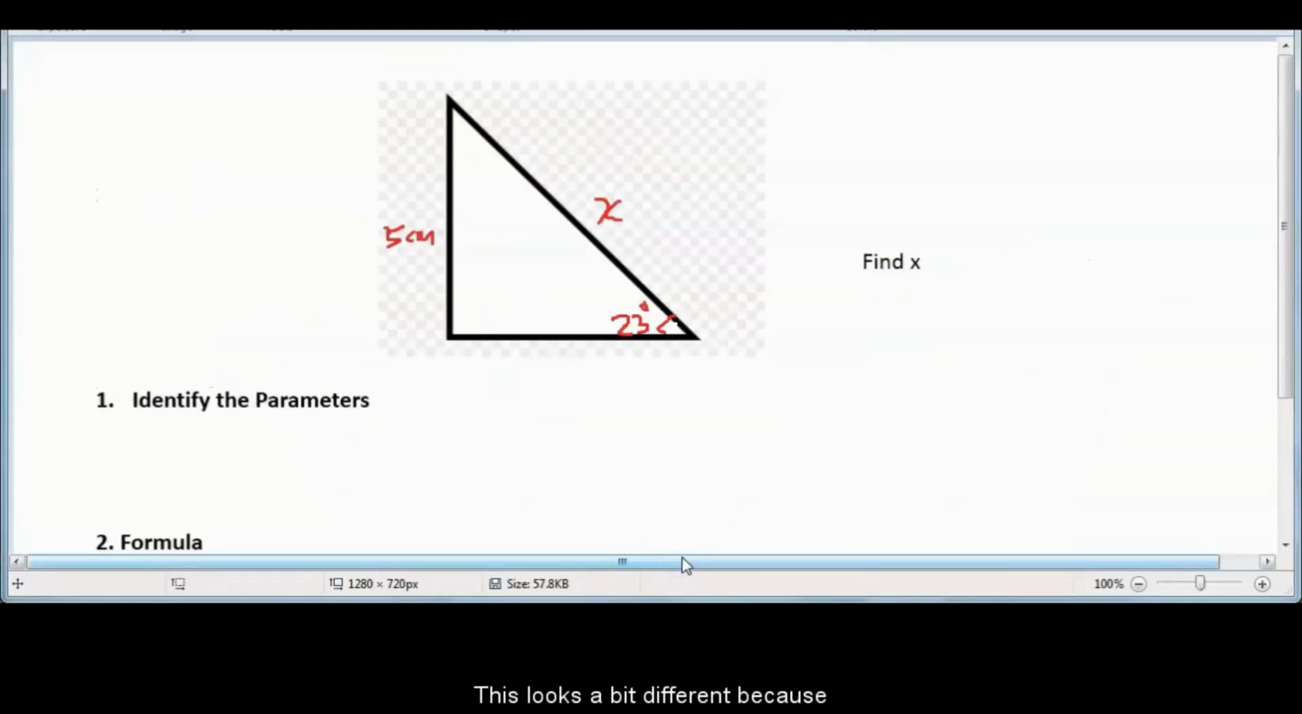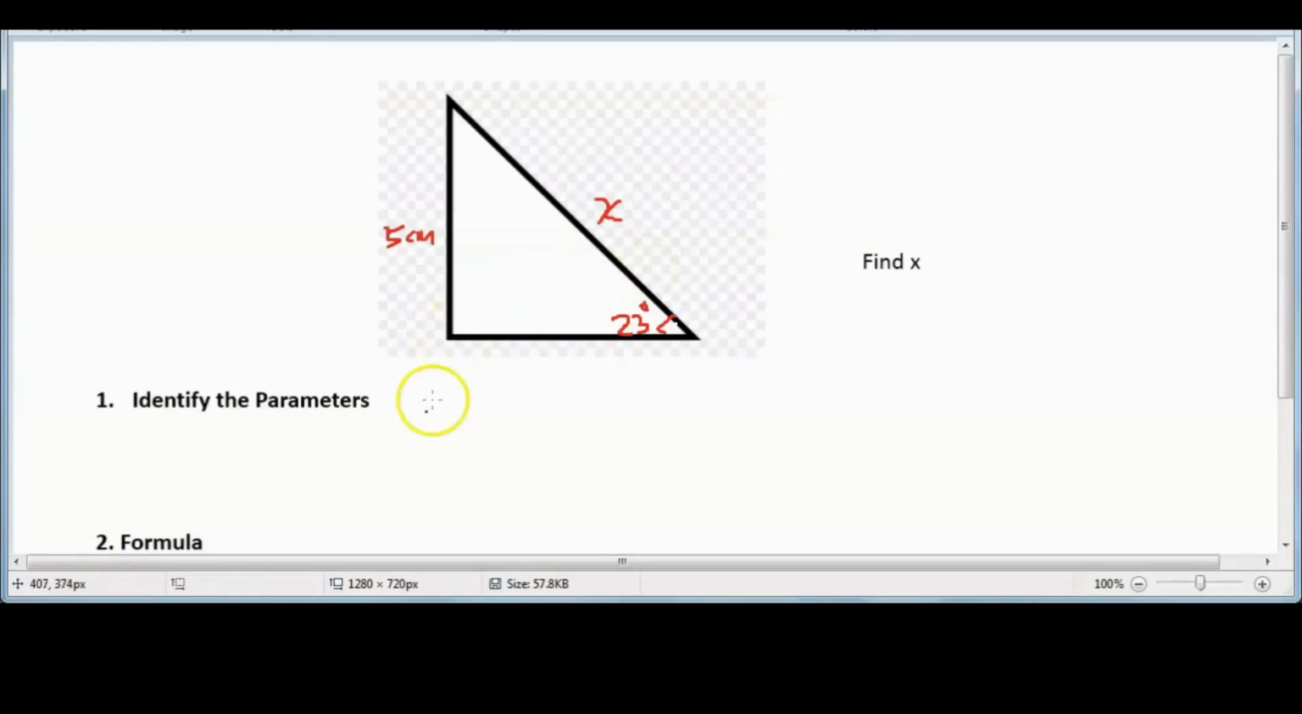This looks a bit different because the angle theta has been given as 23 degree. You are not going to calculate the angle theta this time around, rather the hypotenuse x. So once again, let's start with the parameters. The given parameters are